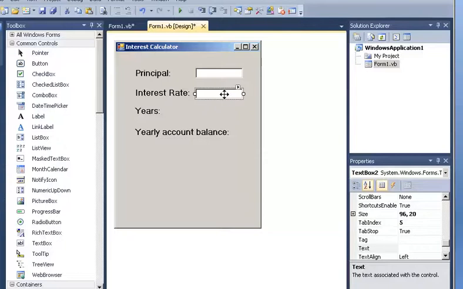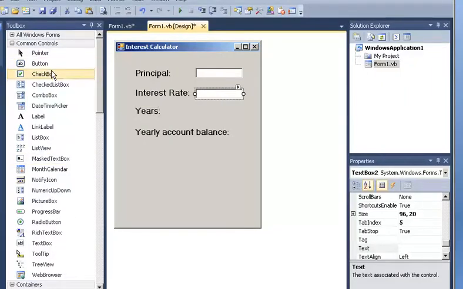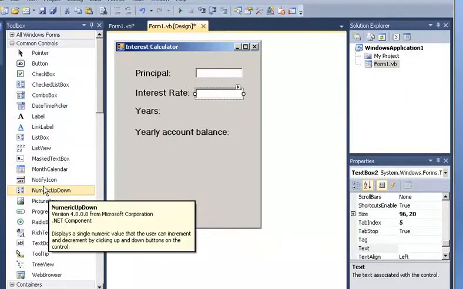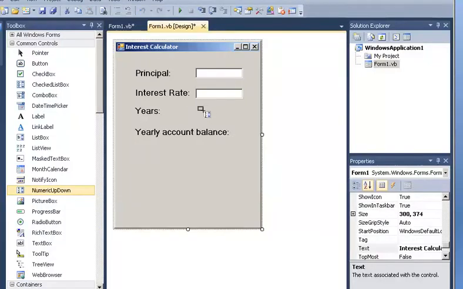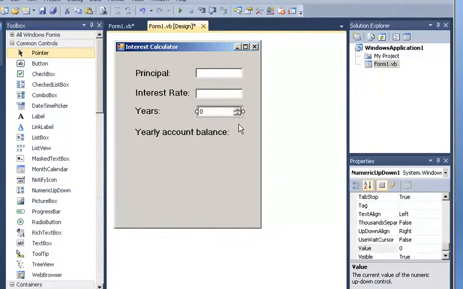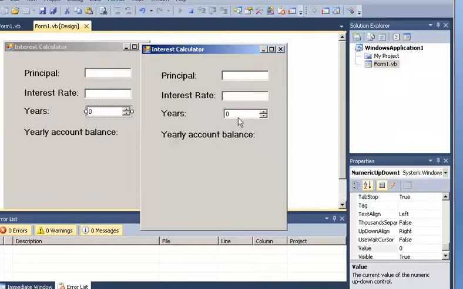Now they want us to work with a numeric up and down control for the years instead of a text box. So we're gonna look for that in the toolbox, and then it says here numeric up and down. So I'm clicking on that, and then I'm putting that over here. And what this does, we can press now F5 and see how that looks. So what this does is that now we got numbers. So for years, we just select the year that we want, and then we execute it. Okay,